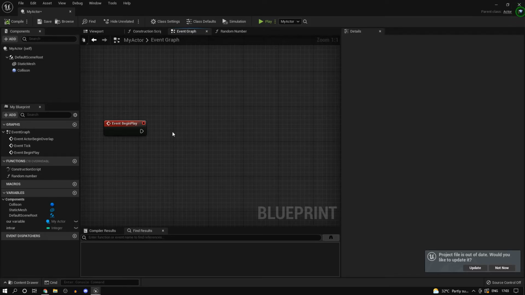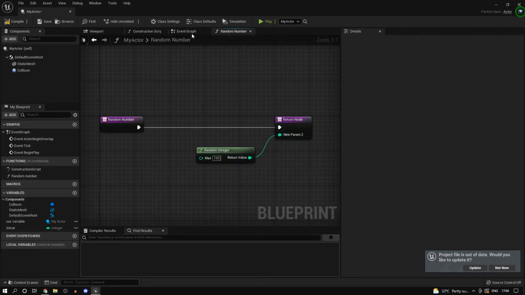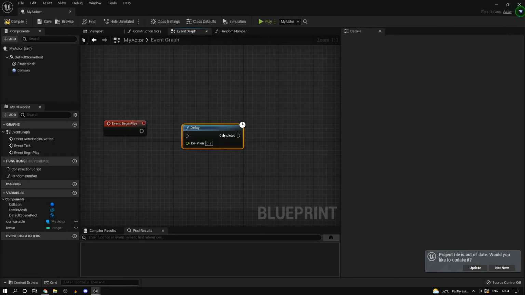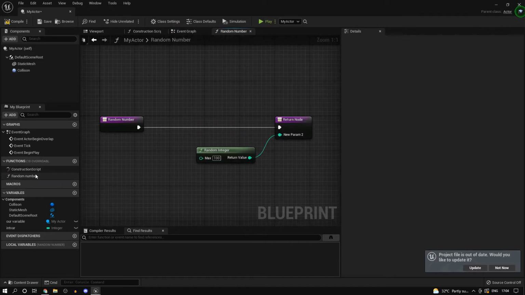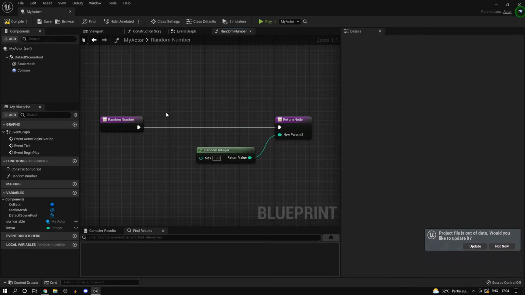Now heading to macros. You remember I used the delay here just now. The problem with functions is that you cannot use them here. So let me just demonstrate. I'll just copy this over. Let me actually right click and cut it, so guys will believe me. And right click. Okay, I can't paste it here, but Control V.